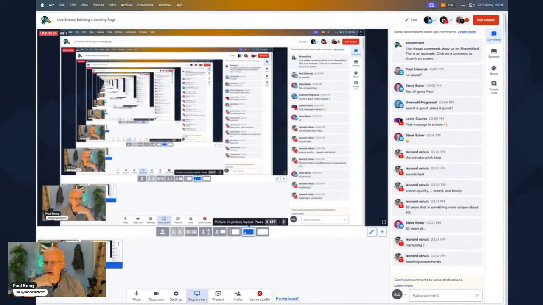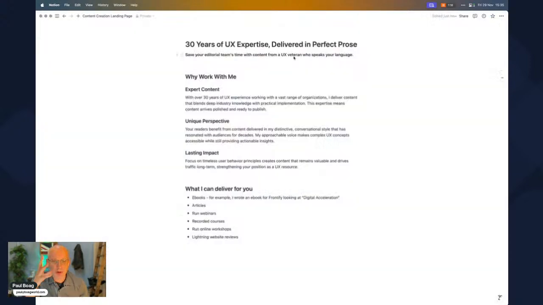Mentoring, fostering community. No, I don't think that's what I'm going after here in terms of what I will be delivering for people. For example, I wrote an ebook on digital acceleration. Right, articles. I've written probably hundreds of articles at this stage for a range of organizations, from Wix to Smashing Magazine and Shopify.